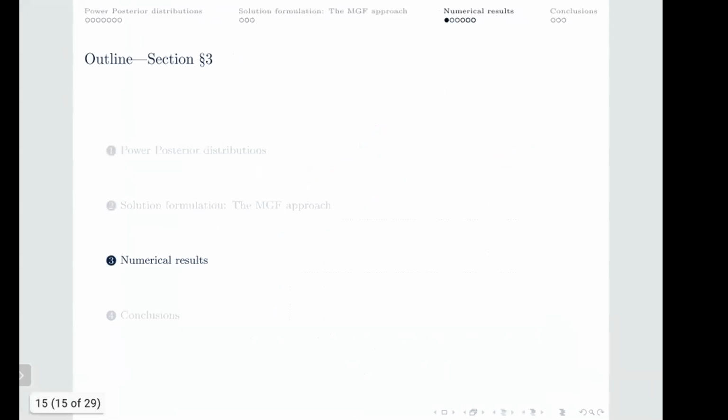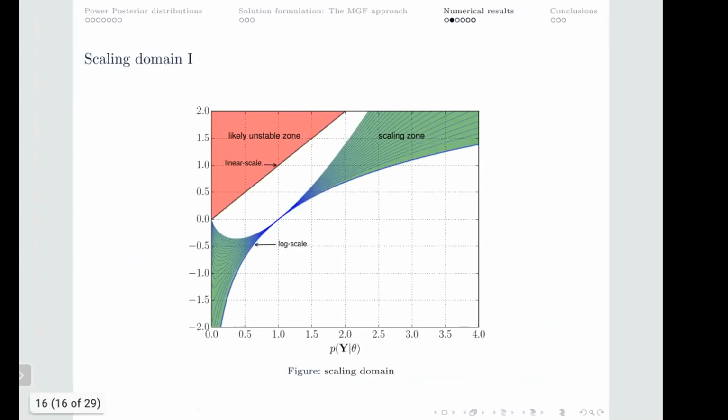Now let's see what we have in the numerical results. We do some conceptual checks in the numerical results section, just to see how this method behaves in front of non-Gaussian error, and also how it performs in inverting multimodal parameters. First of all, we will see why it is important to keep the logarithmic scale of the